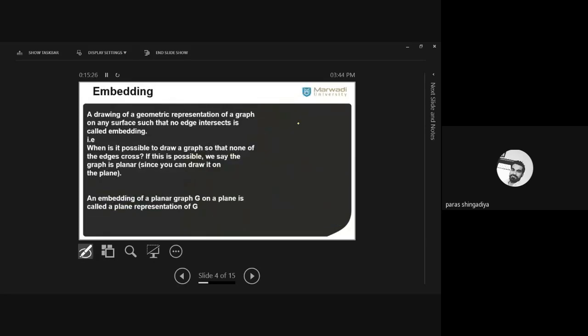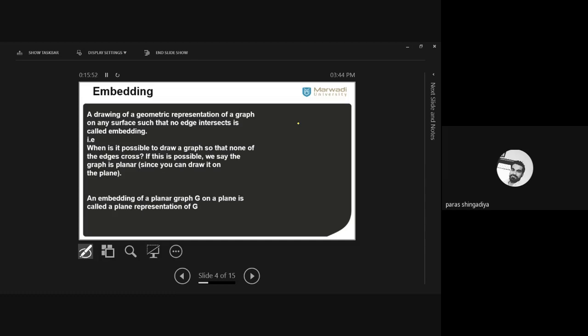Now the topic to make non-planar to the planar. That procedure is known as a graph embedding. Okay. What is that? It is called the graph embedding to make any non-planar situation to the planar. So if we say apply the graph embedding, then what is meaning of that? You have to modify this graph. आप उसको graph को modify करना है to make as a planar form. ठीक है? So definition is given here.